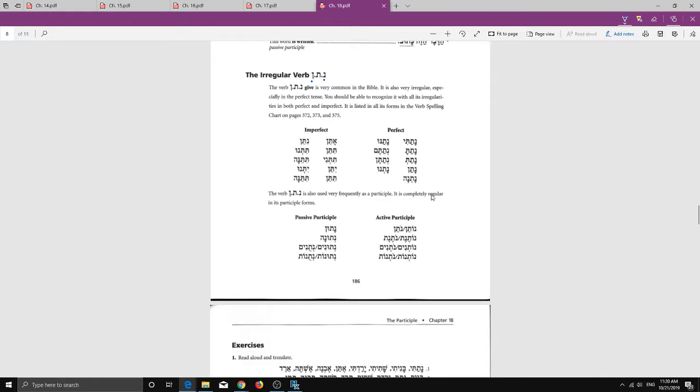So just some irregular stuff going on with this. I don't need you to necessarily memorize this. If you want to, by all means, go ahead. More, just be aware in the perfect that the second nun will almost always drop out. I mean, you can see there are three forms here where it's still there. And this dagesh will be a giveaway, because that dagesh won't usually be there. Well, in the imperfect, we actually have kind of the opposite problem. Actually, we have the double problem in some forms like this one. We'll get there in a second, though.